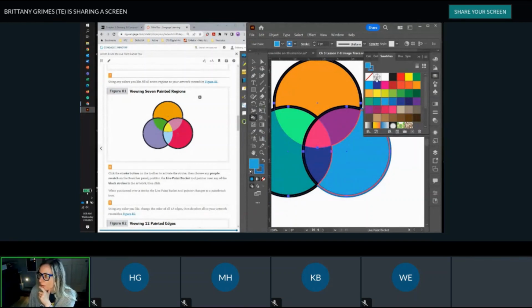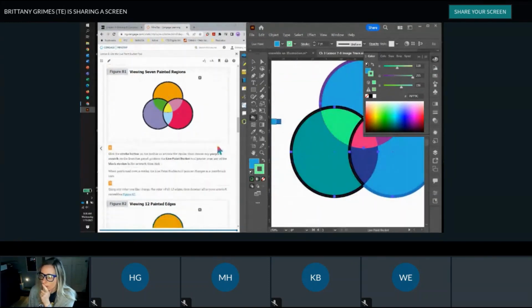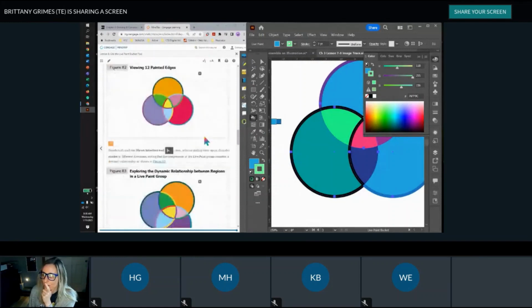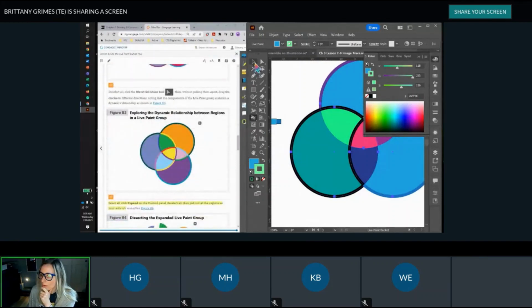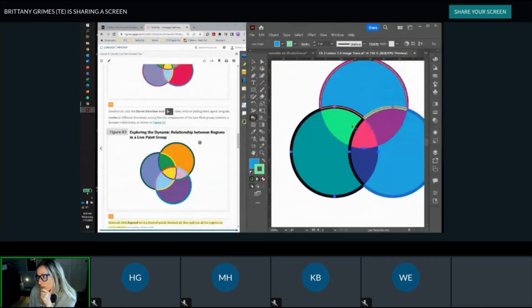Okay. So when your stroke's selected, pick a color. And just, you know, have fun with this part. Make them any color that you want. Pick colors from here. Oops. And go crazy. Okay. So what they want you to see here is that you have a dynamic relationship with